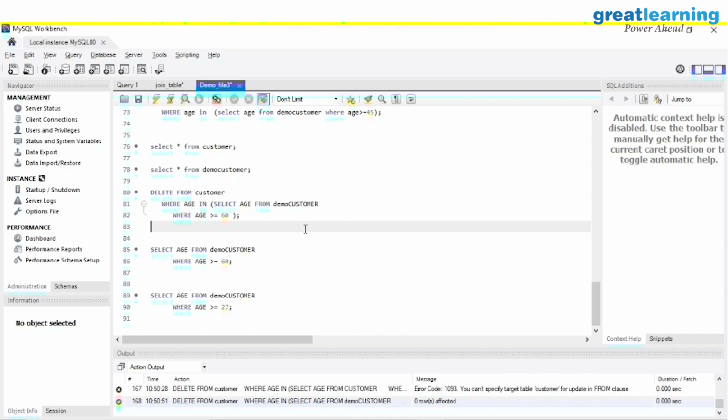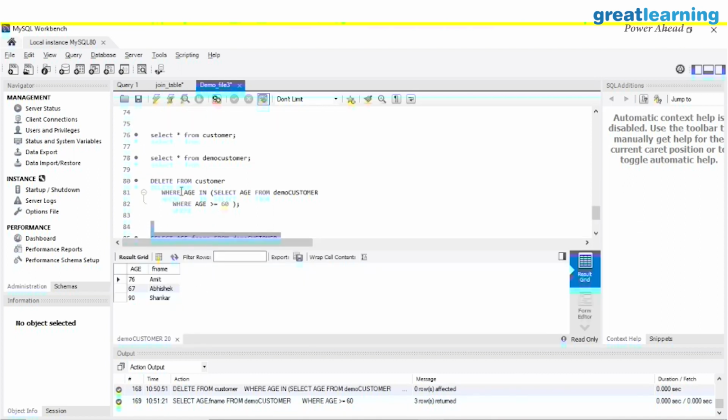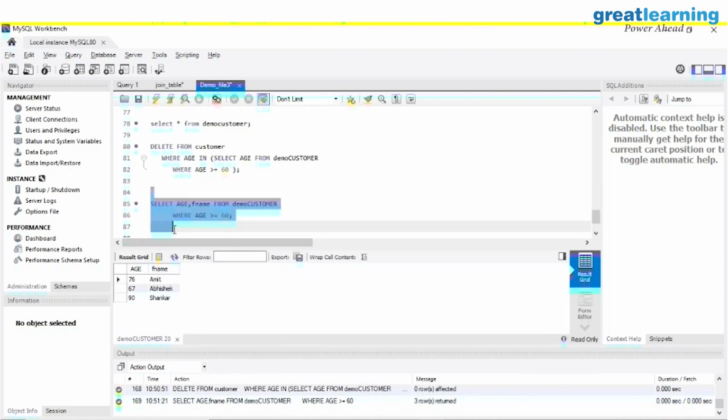That is age from demo customers. I give that condition, if you have any age like this, let me print the name as well. You will understand and identify the data itself. Yes, if you look at that, we have Amit, Abhishek and Shankar.